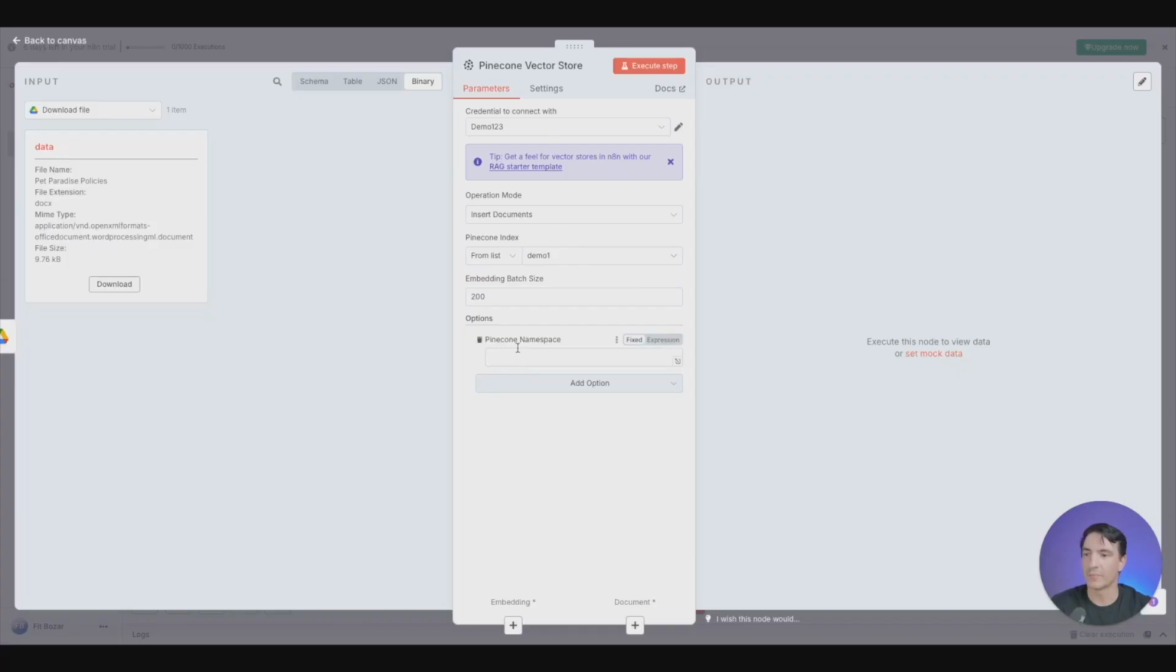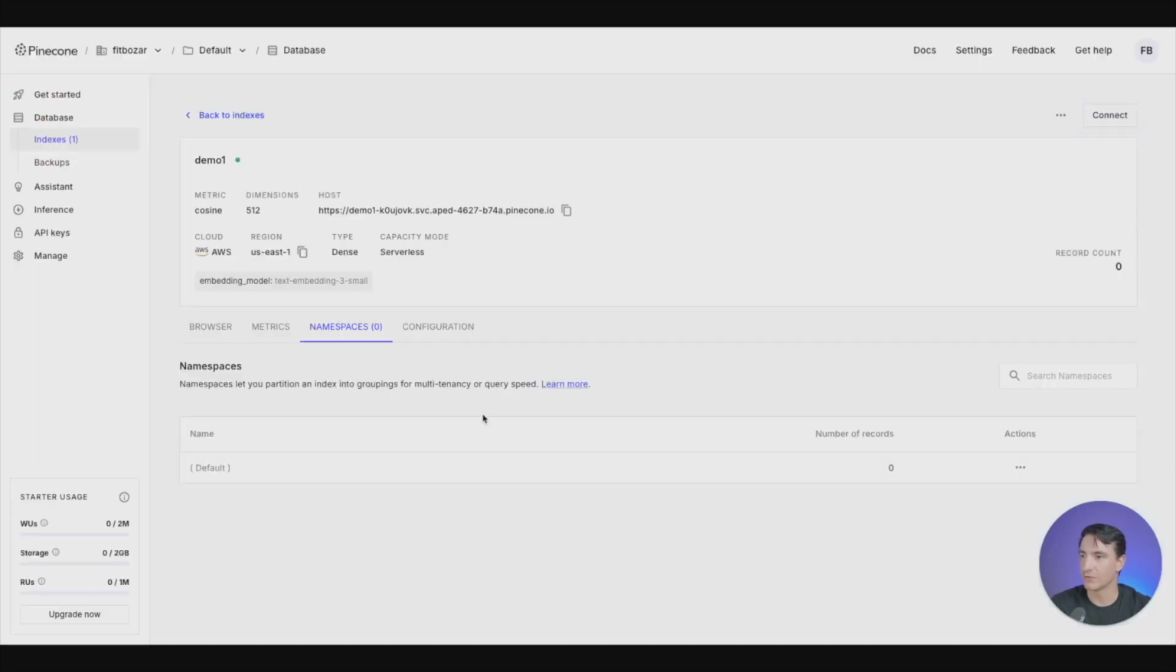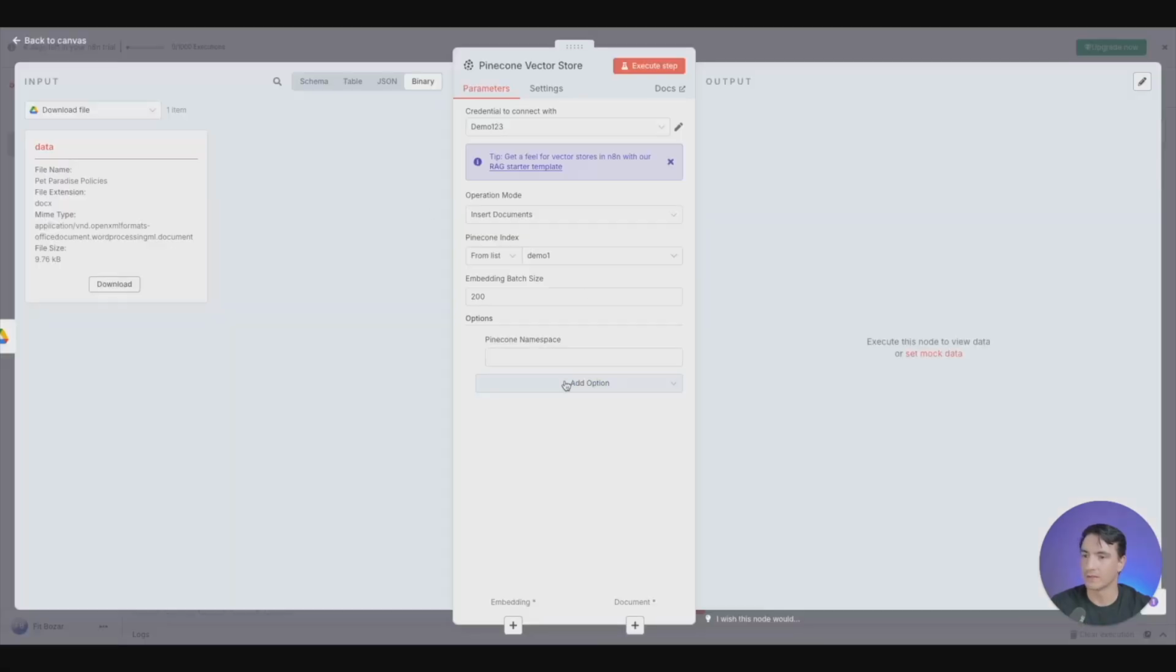We see the Pinecone namespace. So a namespace is a folder in an index. And if we go back to Pinecone, we can see the namespace here. And we can come back to N8N and we can name it. We'll call it Pet Policies,